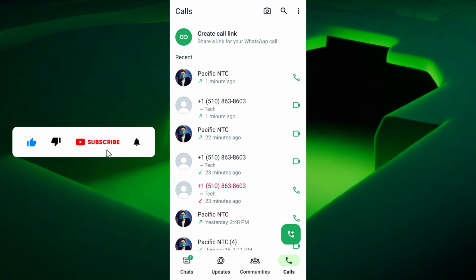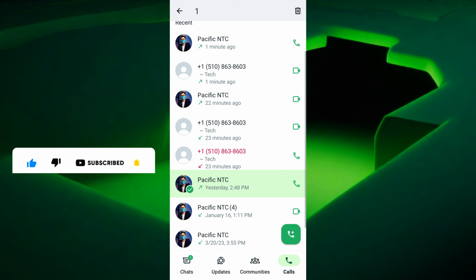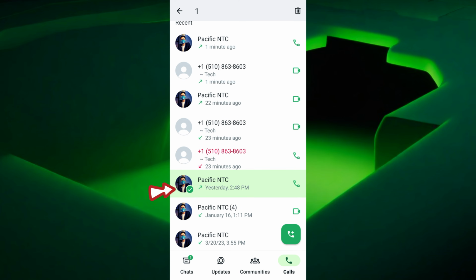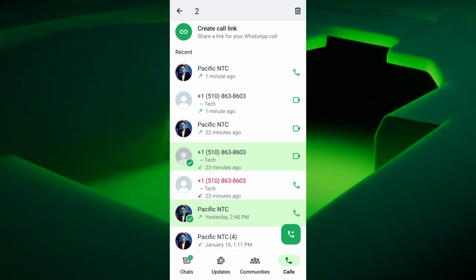To delete all or specific call history, long press on a call in the list. This will highlight the call. Now, tap on each additional call that you want to delete. Each tap will select the call. Once you have selected all the calls you want to remove, tap on the delete icon located at the top